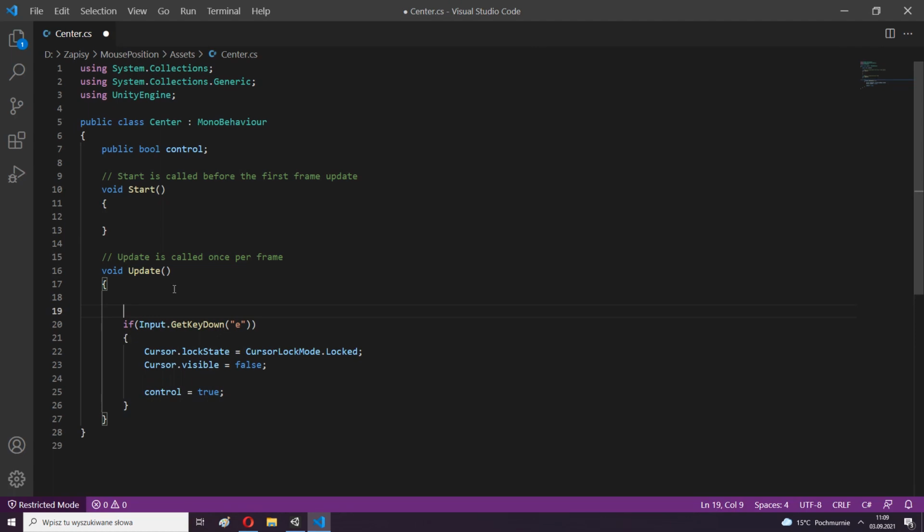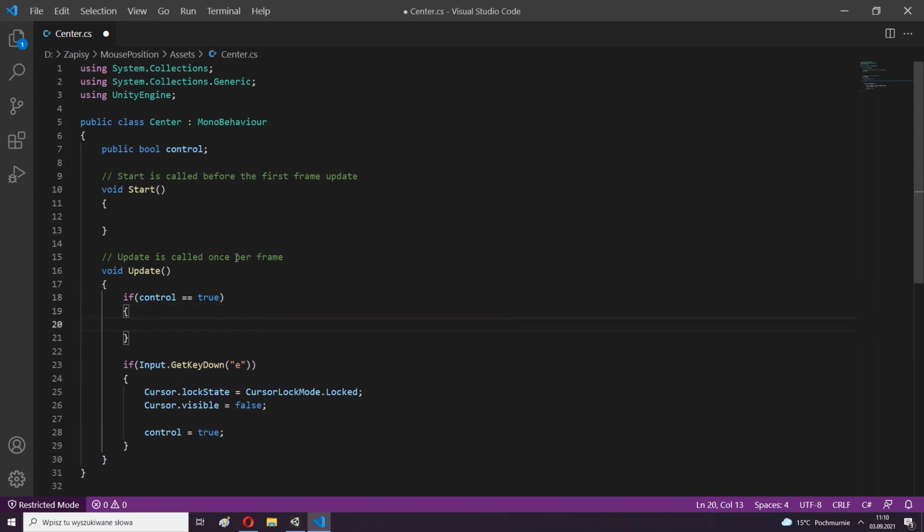Important is to place this code here above the if instruction. In the first FPS we will lock the cursor and in the second unlock it.